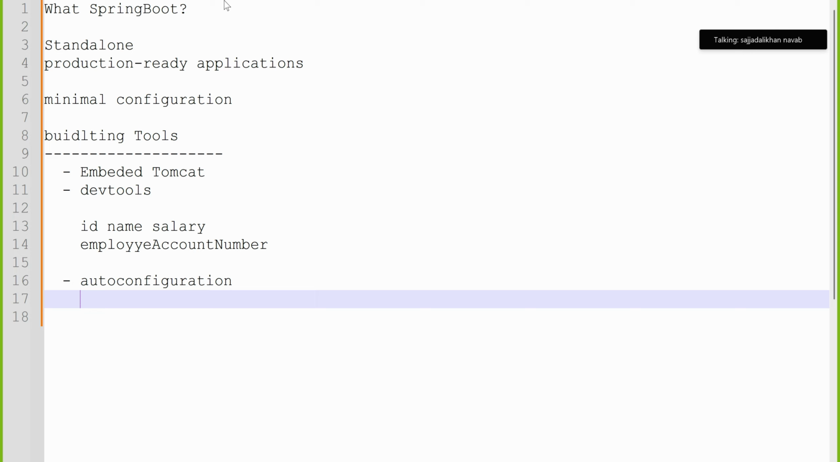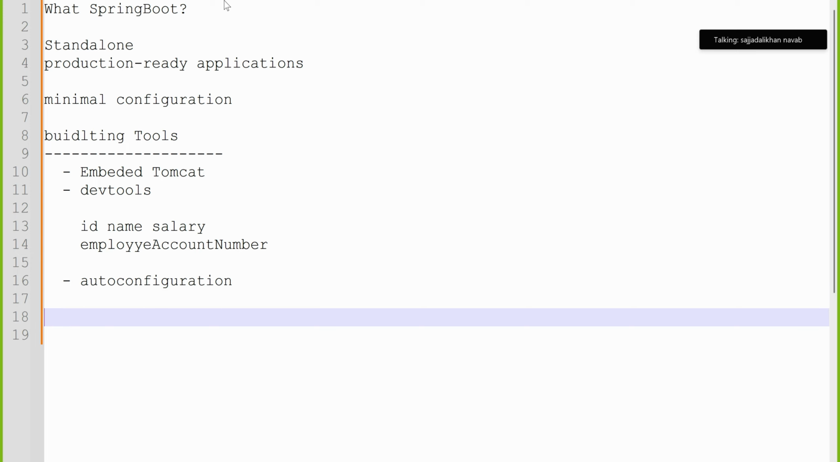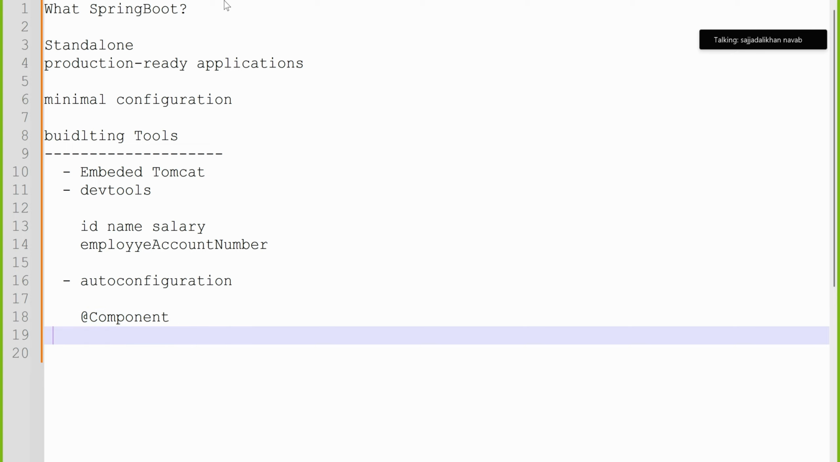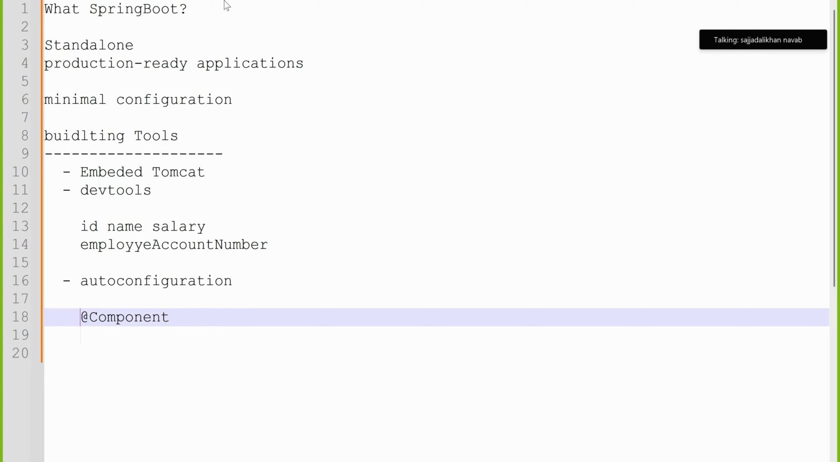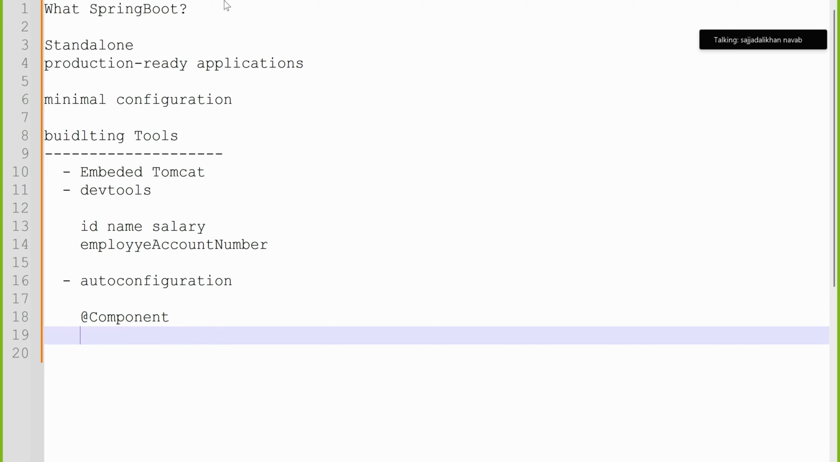So over here, you don't need to do anything. You just have to use a simple annotation called @Component. We will be learning this annotation in the coming days. You'll be writing the @Component annotation on top of your class. For example, here we have an employee. Employee is a class. In that employee class,